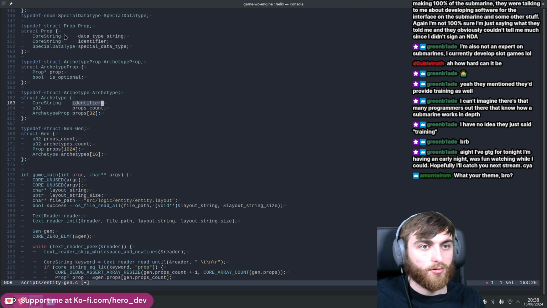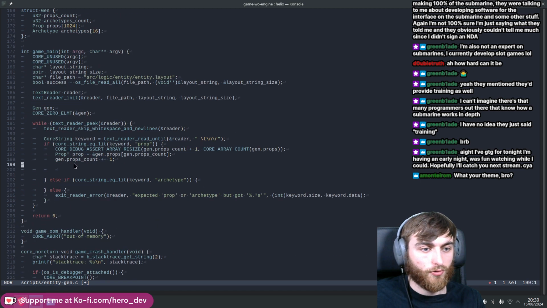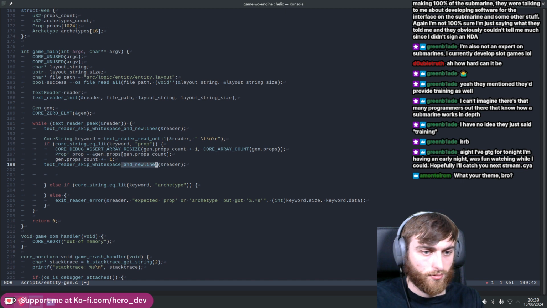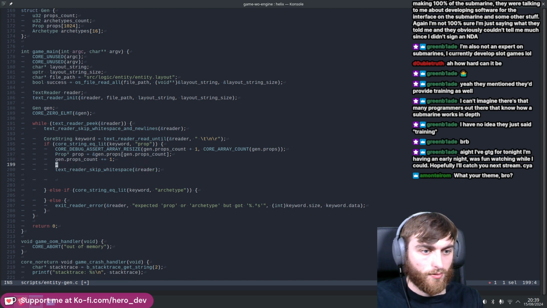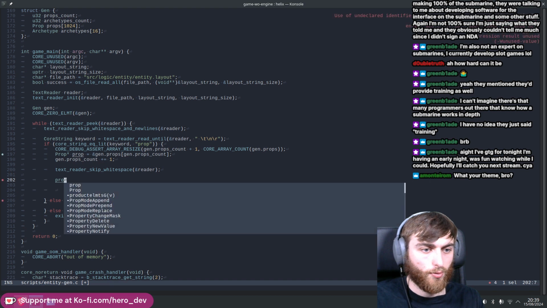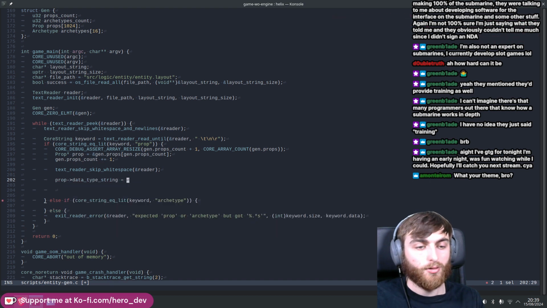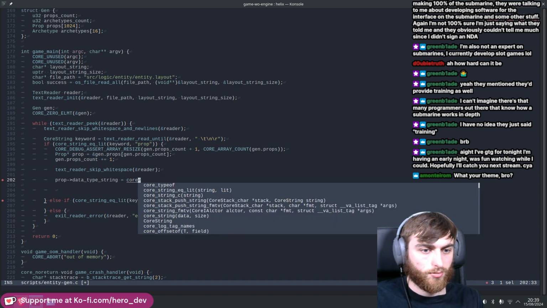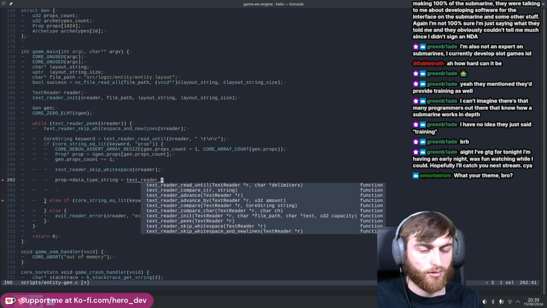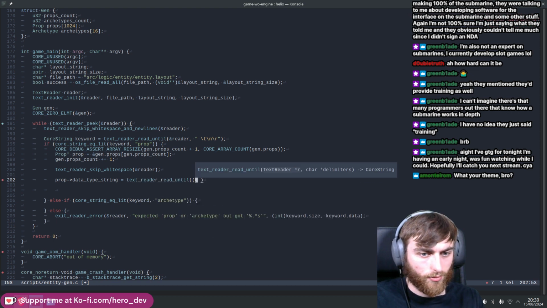Wait. Data type string, that's the next. So we skip white space after this. Just white space, no new lines. Then we say prop data type string, make that equal to text reader read until a delimiter. So the delimiter is going to be